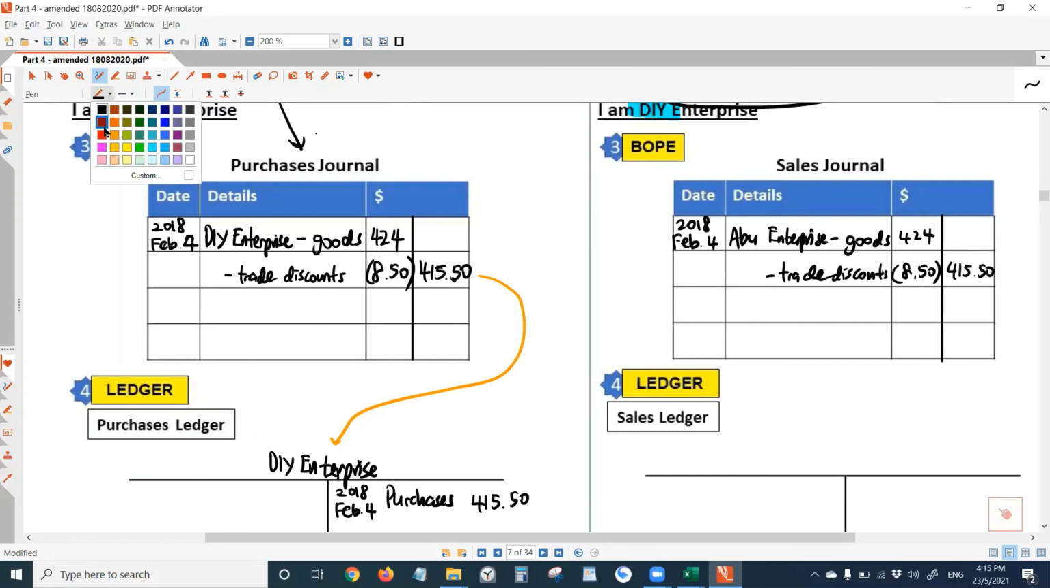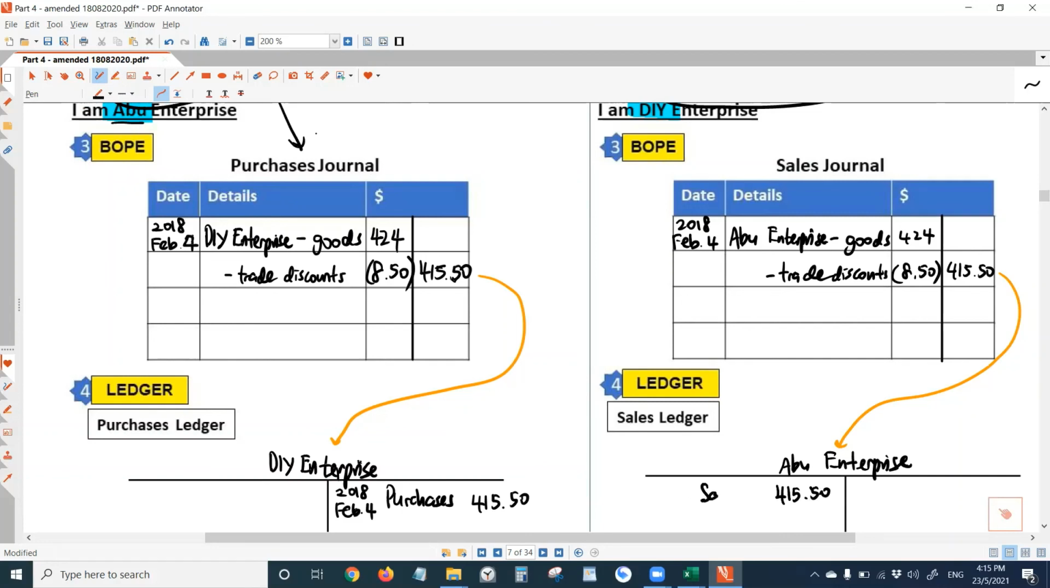Now transfer this amount, 415.5, to an account known as Abu Enterprise, because Abu Enterprise owes us money. We are DIY here. 415.5 here. Write sales. 2018, February 4th, the same day. Must write the same date. So everyone, when you're done with this page,